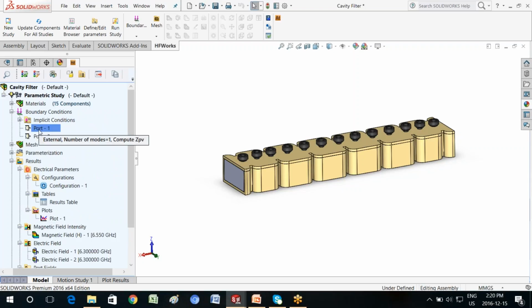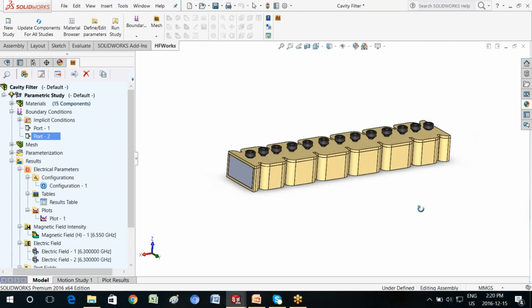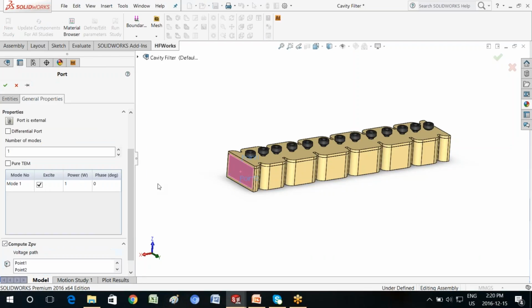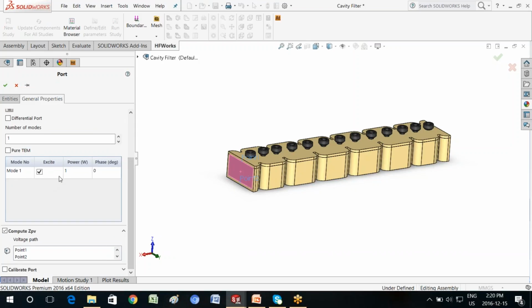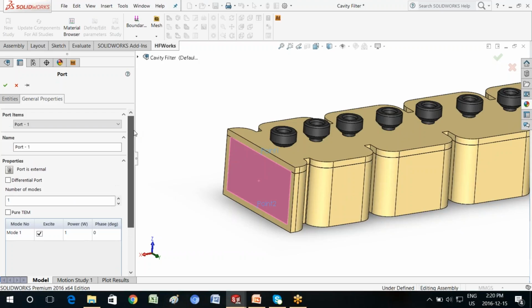Now let's go to the boundary condition. This is where you define the ports. Okay, where is the signal going to enter? Where is the signal going to get out from? Those are what we term as ports. Now let's look at some of the port definitions here. This is a port, as you see here, and it's activated by a unit power source, and here is a voltage point between the 2 points, point 1 and point 2. So this is how a port definition actually goes.